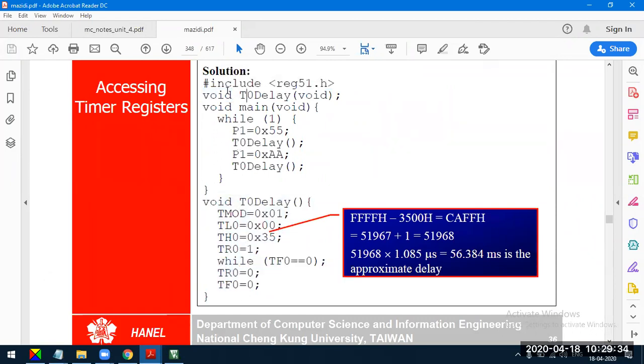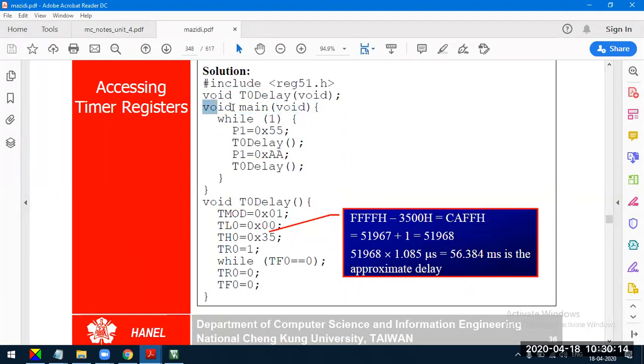Sometimes this actually depends on the compiler. Some compilers don't demand this, but some compilers demand that whatever function we are going to use in the main program should be declared before the start of execution of the main program. It's just information to the compiler saying that I'm going to use a particular function. So this is not a function, this is a function description. We're just informing the compiler that I'm going to use a function called timer zero.